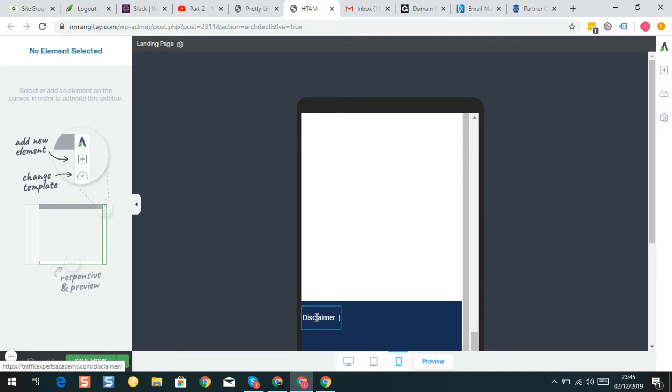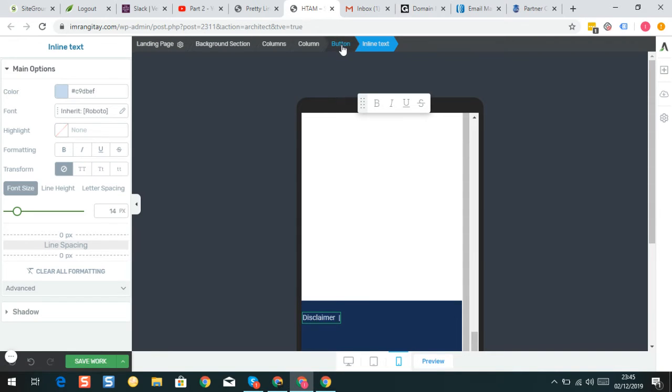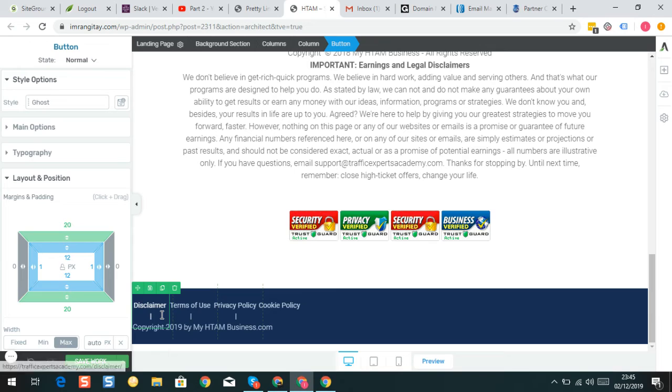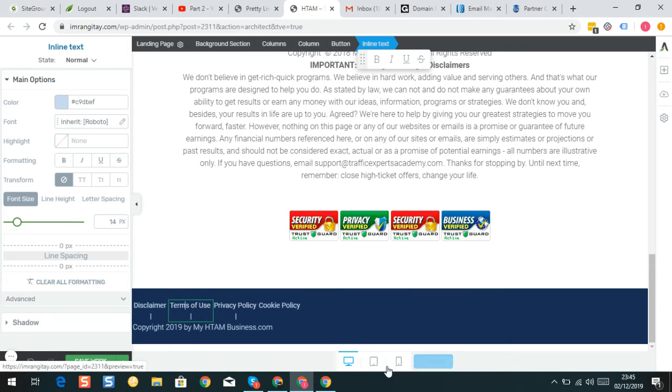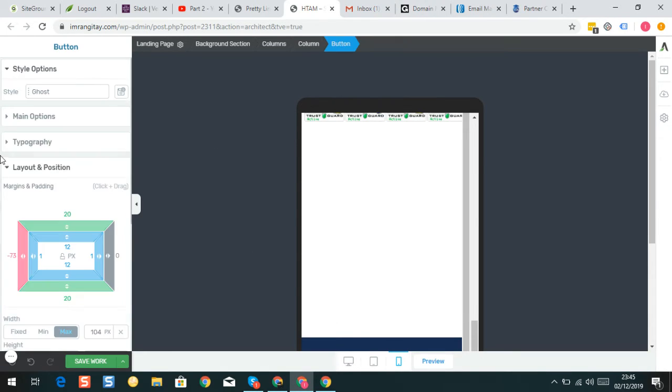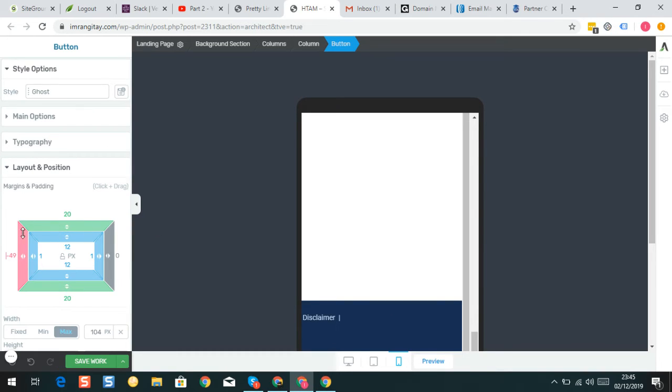If you can't see all the other parts, what you can do, so for example, you've got a disclaimer here, click on the button. What you can do is just go back to desktop, and it shows you what's been selected. Okay, so then if you wanted terms of use, click on terms of use, and then go back to mobile, and then click on button, which will give you the layout position, and then that should